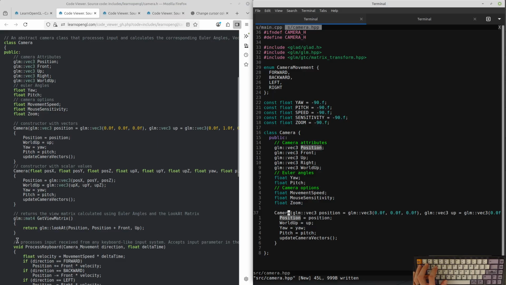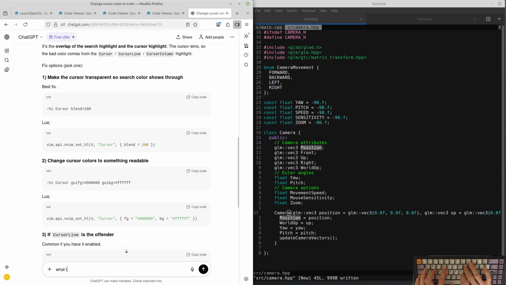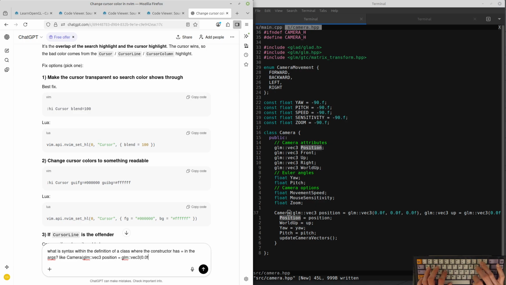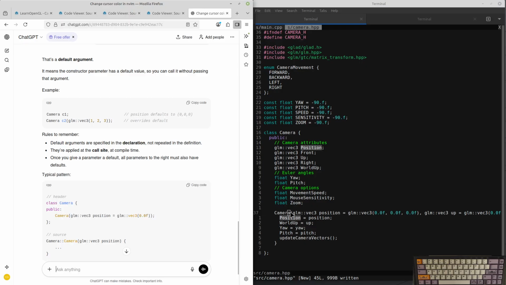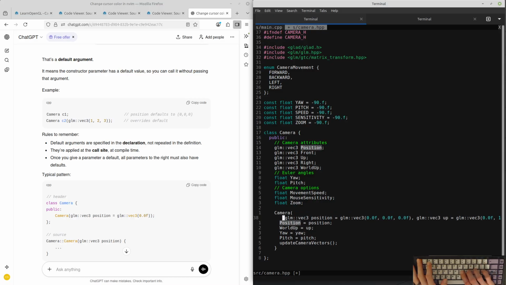I mean, I don't do much with C++, so that's fair. It's like default values or something. Yeah, okay. They did it in a way that's extremely unreadable.